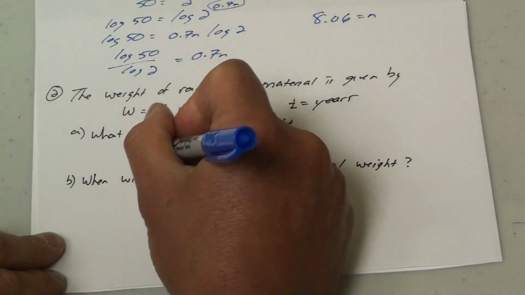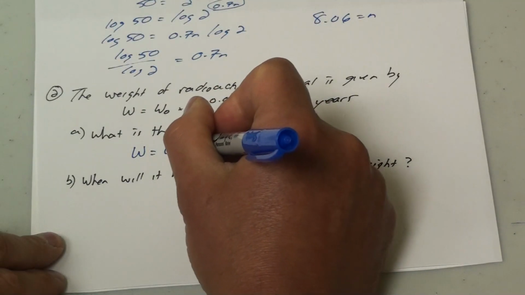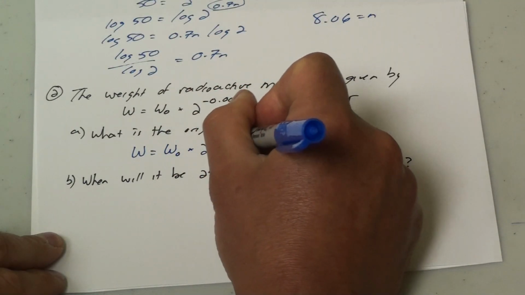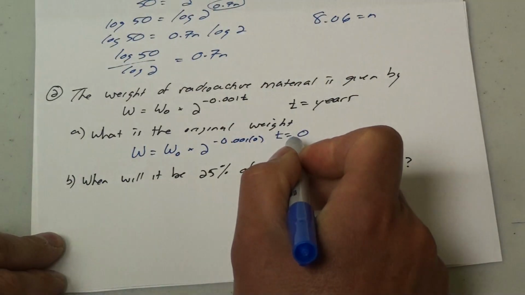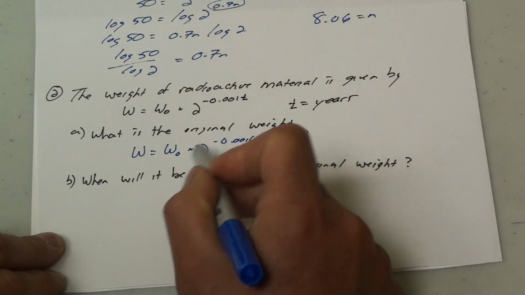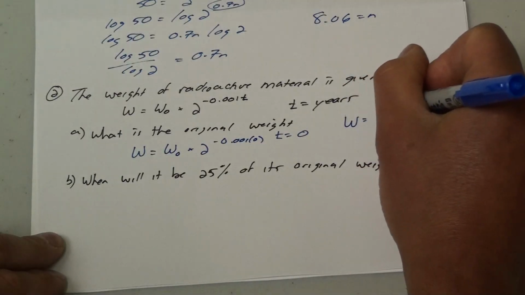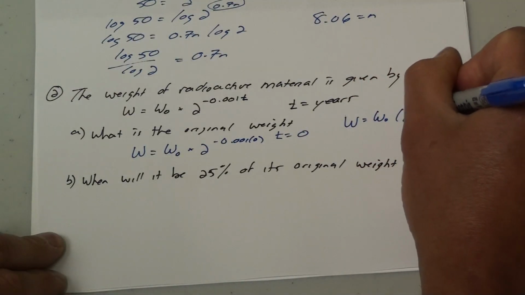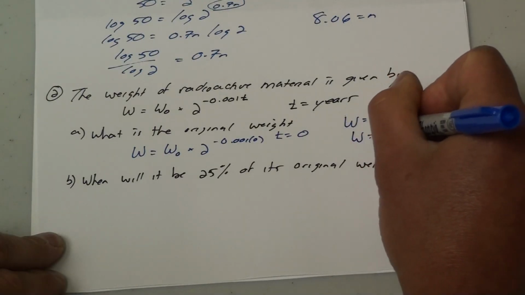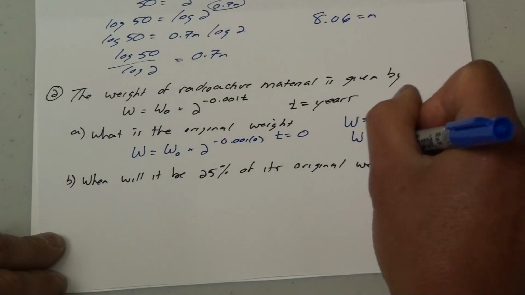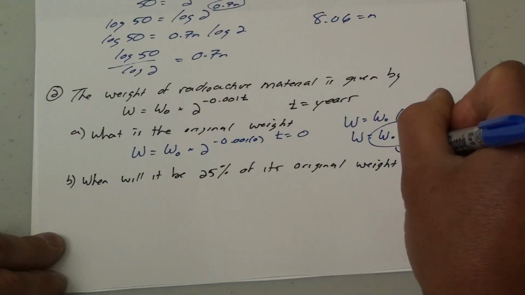So W equals W0 times 2^(-0.001 times 0). Time is 0 is your original. All that goes to 0, which makes it W equals W0 times 2^0. 2 to the exponent of 0 is just 1, so W0 is your original